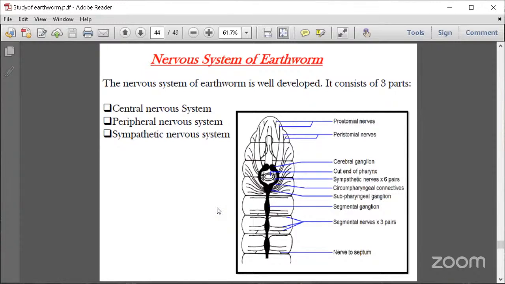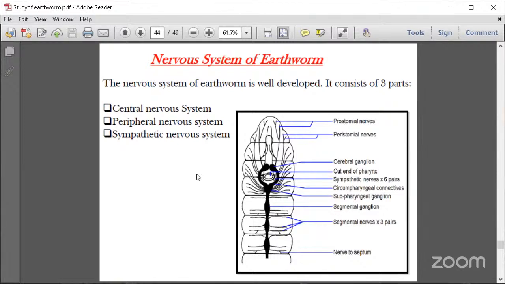And here, the central nervous system. This part of nervous system lies along the midline of the body. It consists of two parts, nerve ring and ventral nerve cord. And it has a spherical structure which lies around the pharynx in third and fourth segment, and it consists of